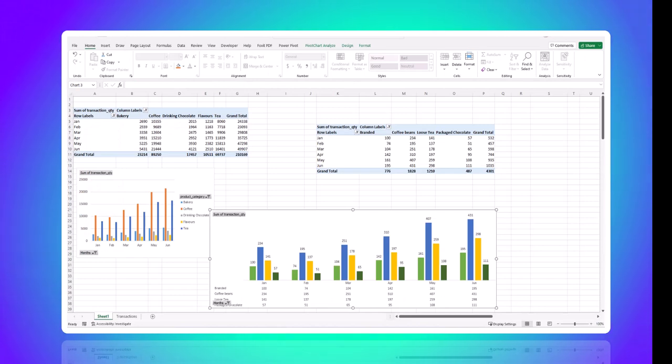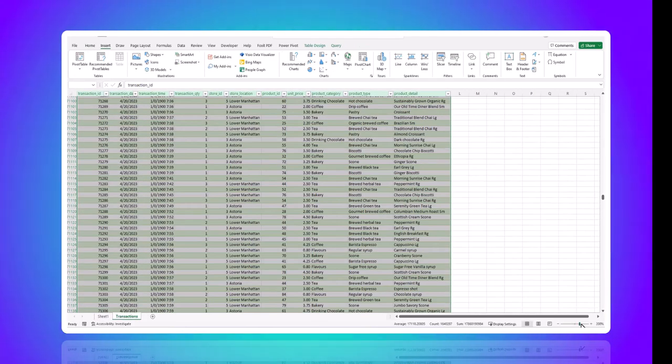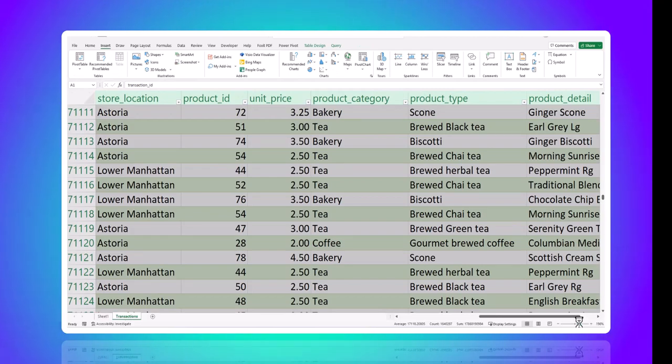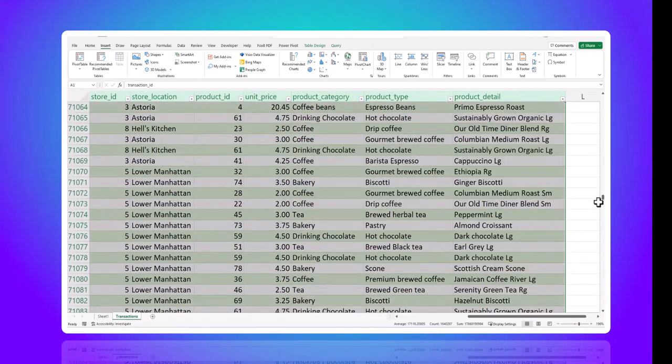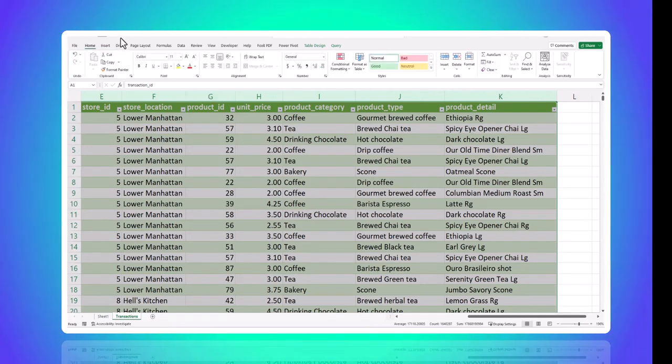Everything is selected here. So then when you are done with your selection, you go to insert. Ideally you'll be in the home. So you go to insert,